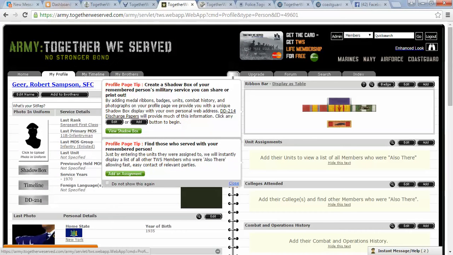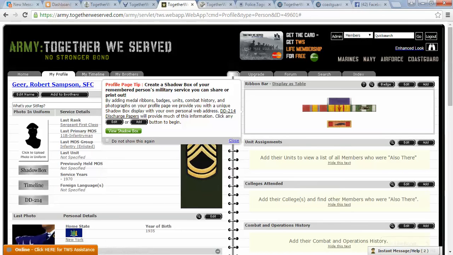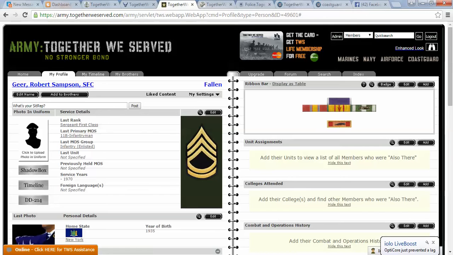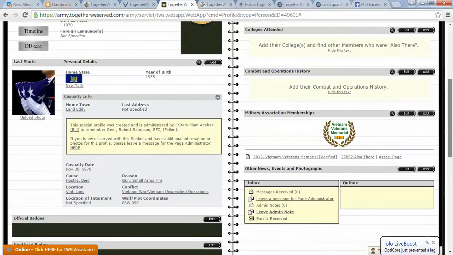If these pop up, and they do quite frequently, you can click Don't Show That Again, so while you're working on it, they don't pop back up. And this one is completely empty.